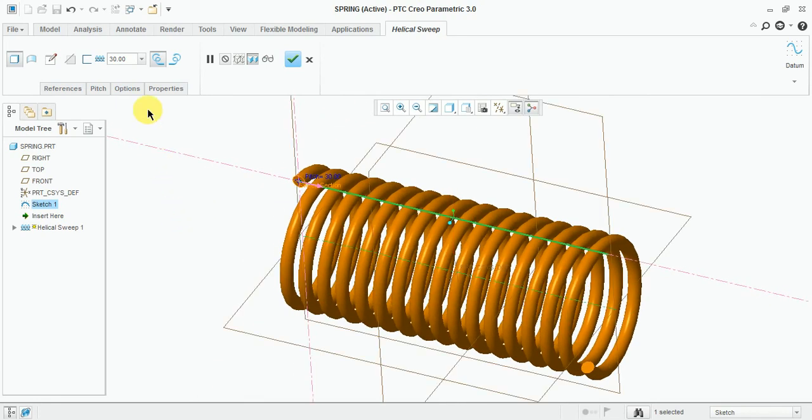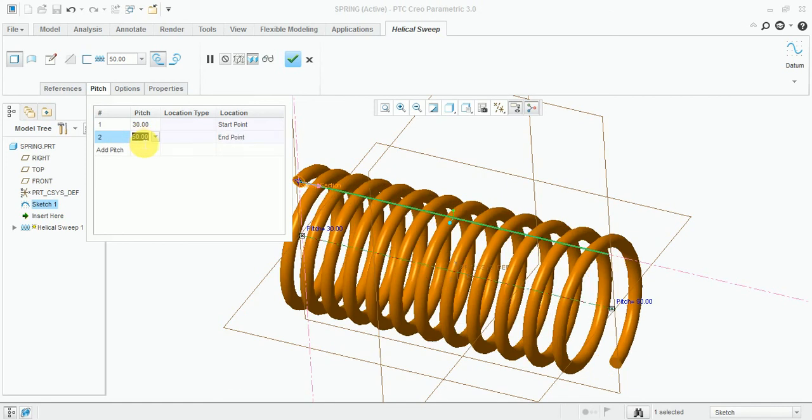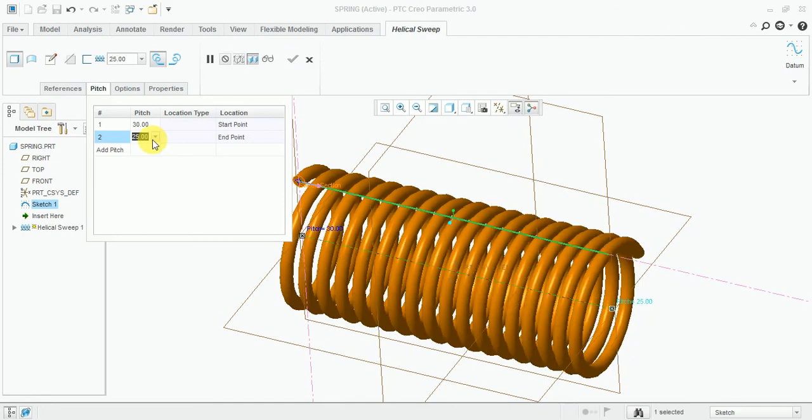Change the direction, vary pitch. You can add pitch here, 25.